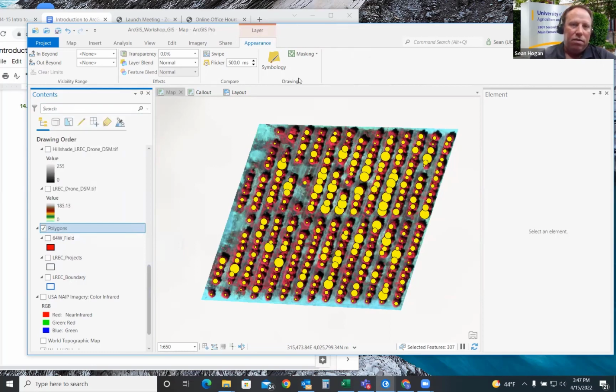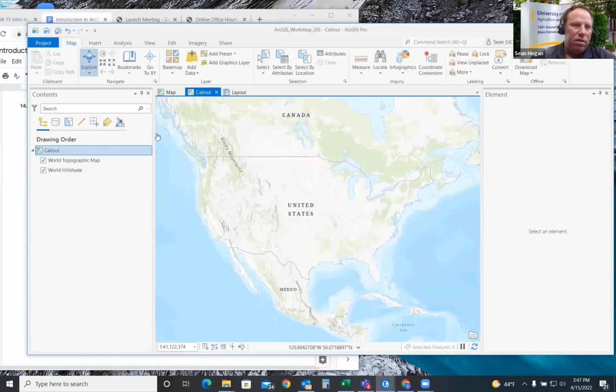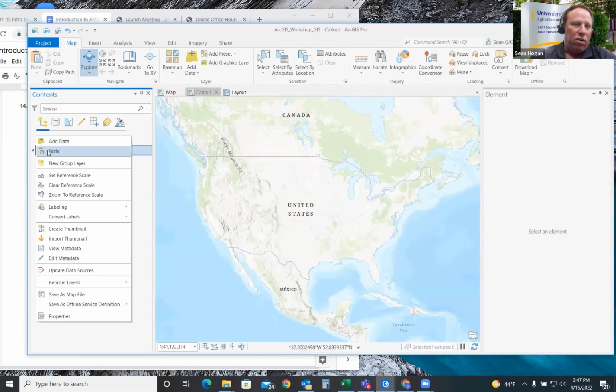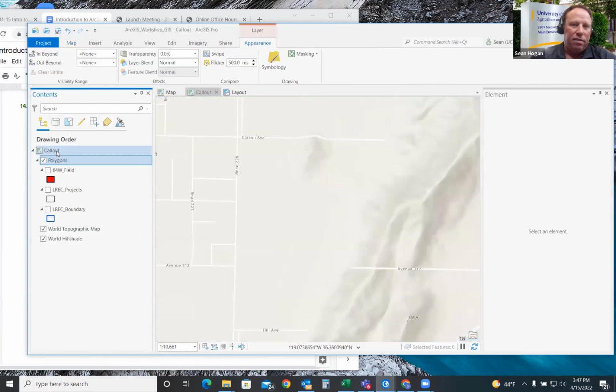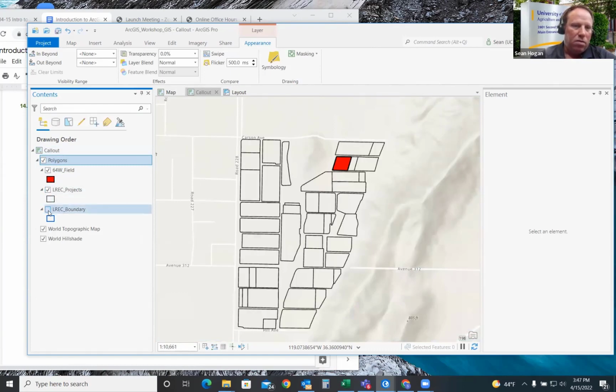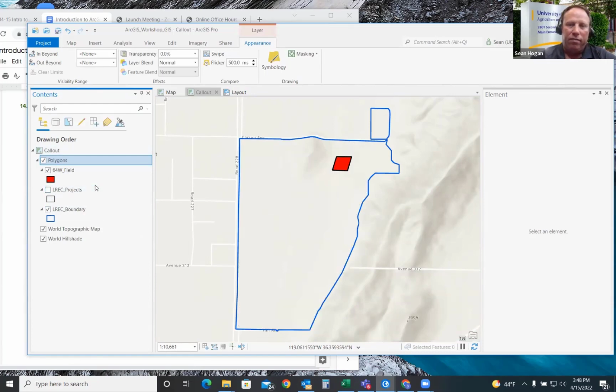Now, I move my zoom window, go to the call out, right click on call out and click paste. But we have to turn on the ones that we want, which will probably be all of them. Or at least the boundary and the field that we want.